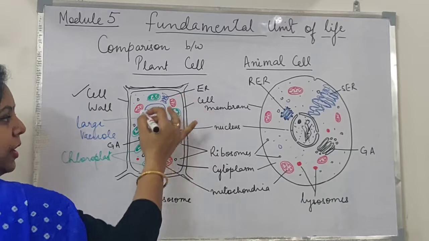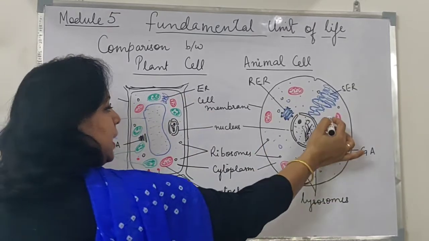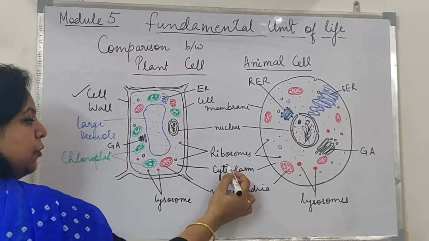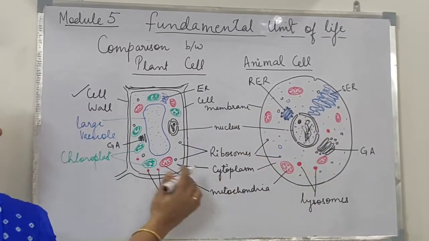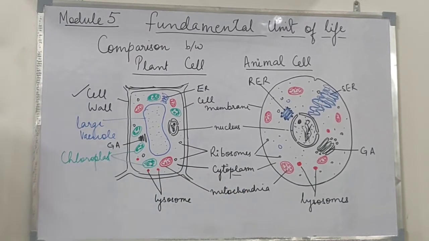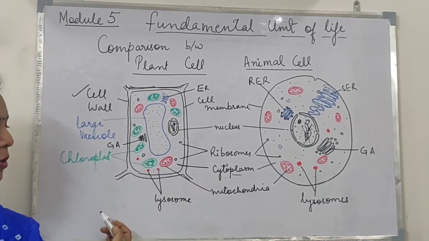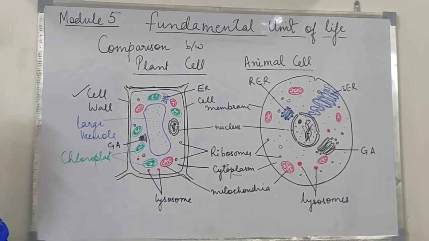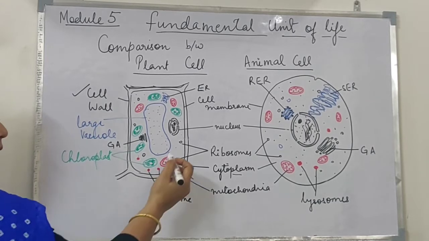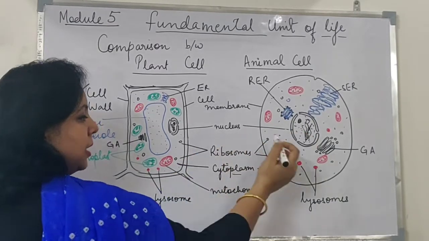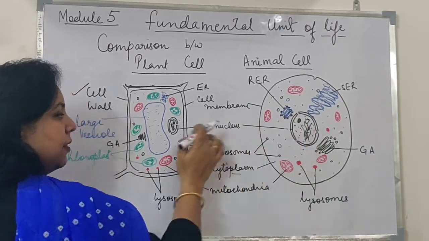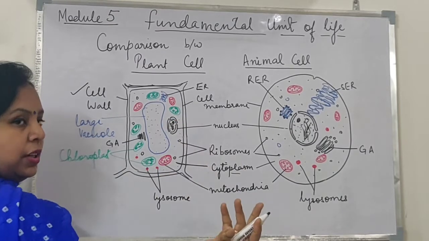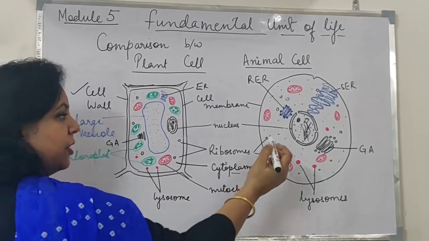Next, when we come inside, we see both plant cell and animal cell are filled with the jelly-like substance, which is known as the cytoplasm. So it is almost the same in both the types of cells. Next, we come to the third most important part, that is the nucleus. If you see both the plant cell and animal cell, they are having the eukaryotic nucleus with all the 4 parts. And what these 4 parts were, let us do a quick revision.